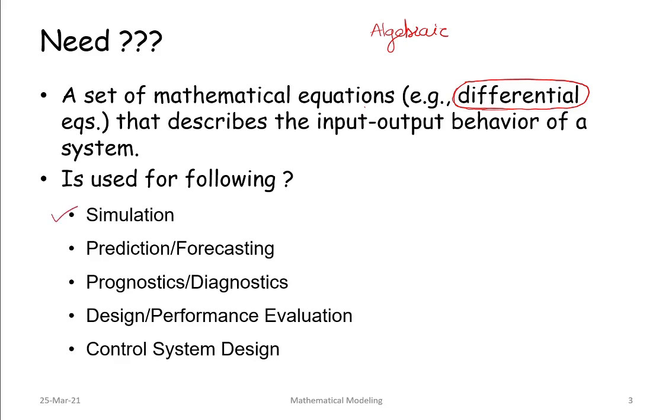It is used for simulation purposes. Simulation means we do these calculations and observe them on a computer, not in practicals. That's what is called a simulation. We also want to predict or forecast. Prediction and forecasting means if I create a model of the entire universe or entire Earth, I can predict when the rain is going to happen, when there will be a storm. All these things I can quite easily predict, but we don't know all the parameters.